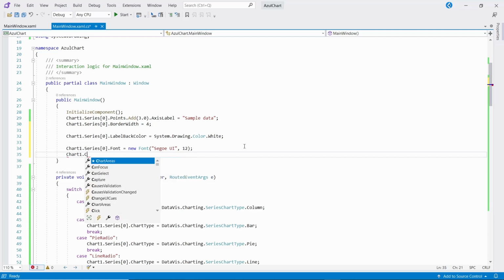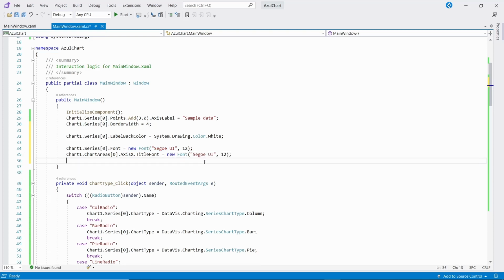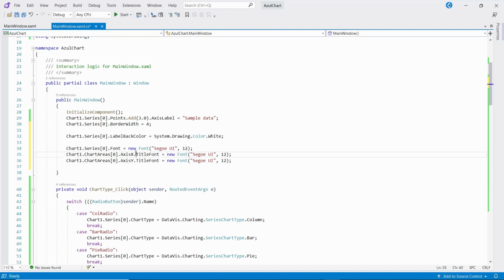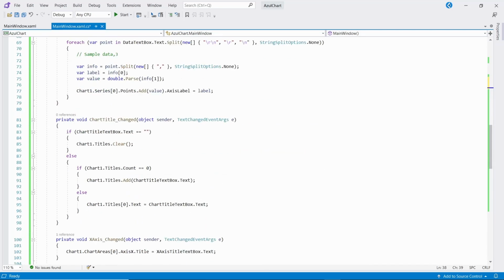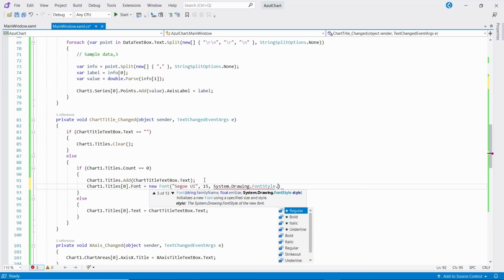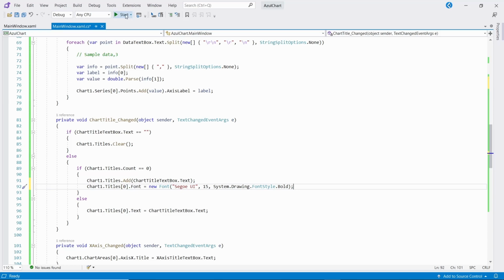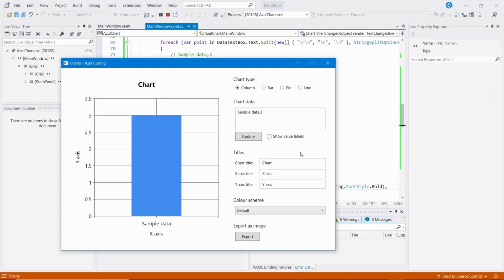We can make it consistent and change the font for the other elements of the chart, such as the titles and axis labels, and not forgetting the chart title, which gets added in the event handler down here. Let's make that bold as well. If we run the application now, all those changes will come into effect. There we are, that looks much better.